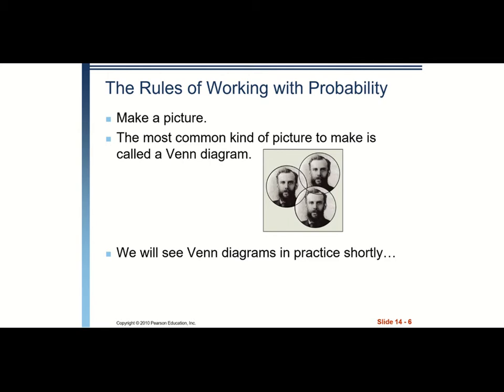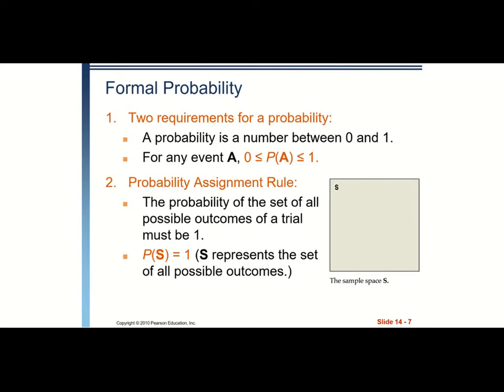Just like Unit 1, it's always helpful to make a picture when we're dealing with these types of problems, and the most common picture when it comes to probabilities is a Venn diagram. Here are a few key rules having to do with Venn diagrams and probability. So the first is that a probability is always a number between 0 and 1. 0 is the probability corresponding to an event that is impossible, and 1 is the probability of an event that's